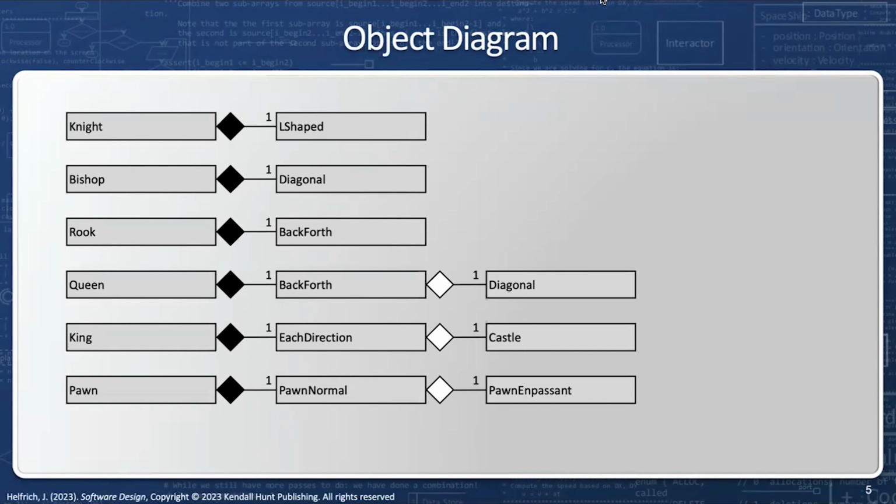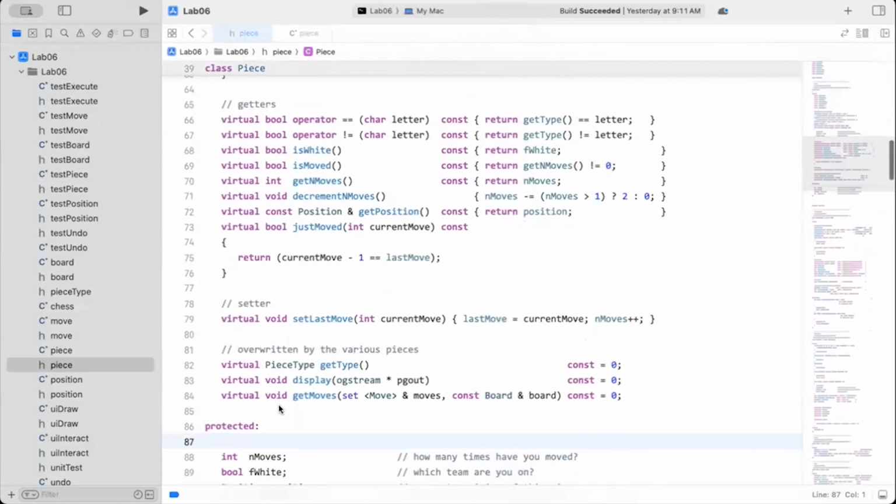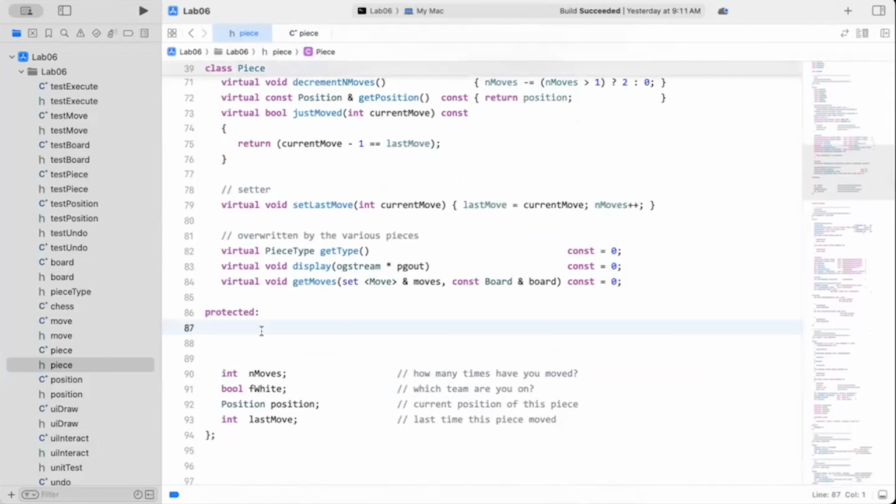All right, let's do a demo now. Okay, so here's my piece class, and my current implementation has a get moves, but what I want to do is add a list of move type. So first of all, I have to include list. I got that. And then I'm going to say, as a protected,